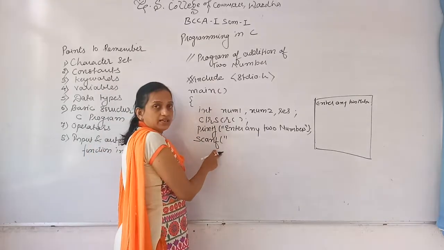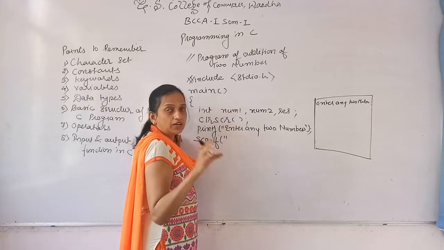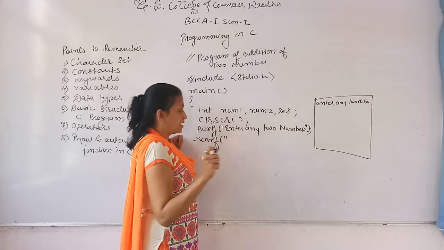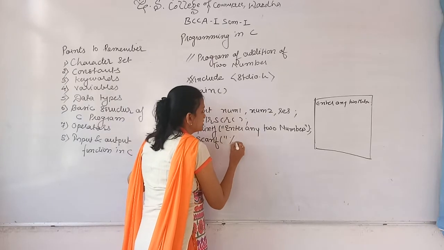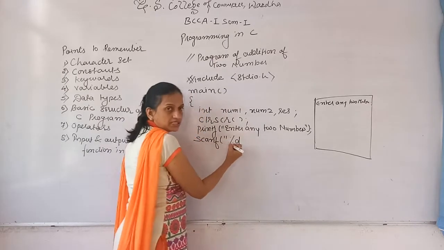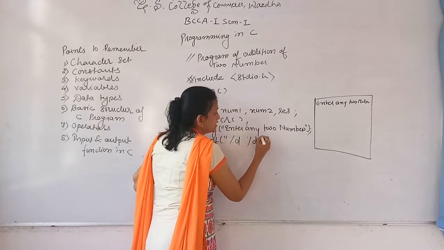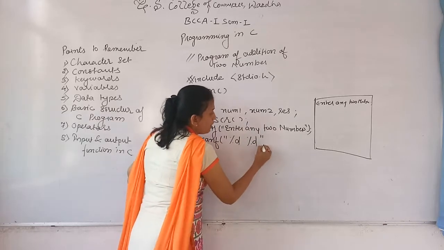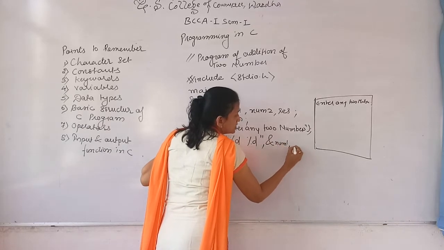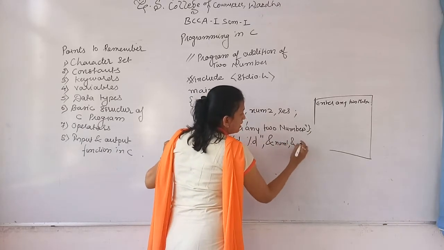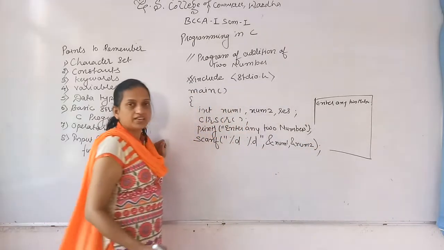So control string is a format specifier, that means it tells the compiler that what type of value you are going to accept. So we are accepting integer value because our variables are integer type. So first is %d, percent is for conversion and d is for decimal number. The next value %d quotation complete, comma, first value will store on num1 place and the second value will store on num2 place.